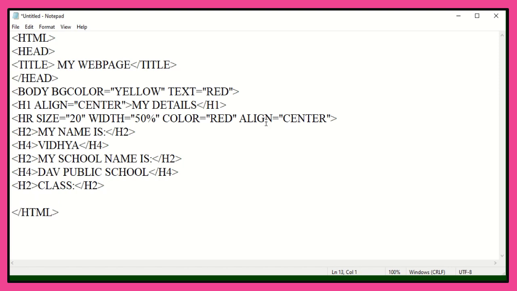I would like to mention 7th A in the H4 tag, that is the 4th level of heading. Seventh A. If you belong to 7th A, you type 7th A. If you belong to 7th B, you type 7th B. Closes H4 tag.